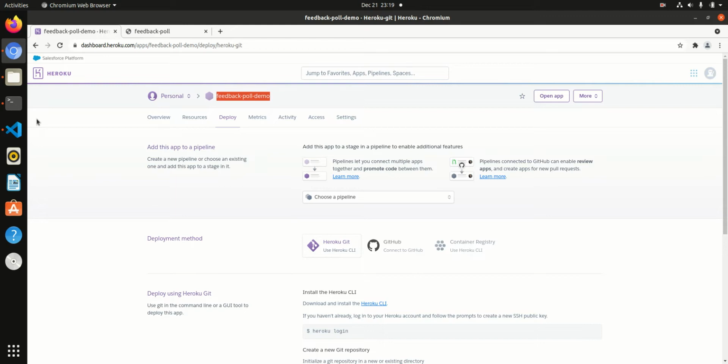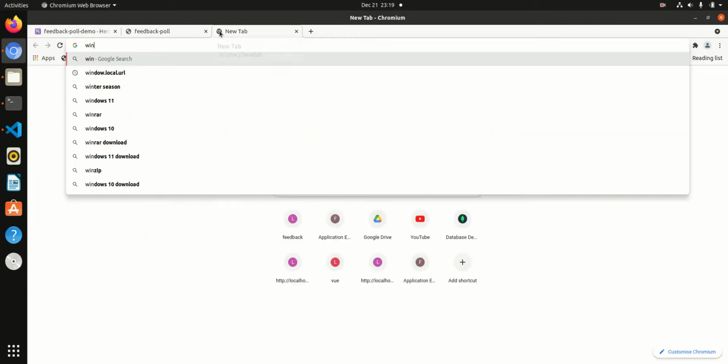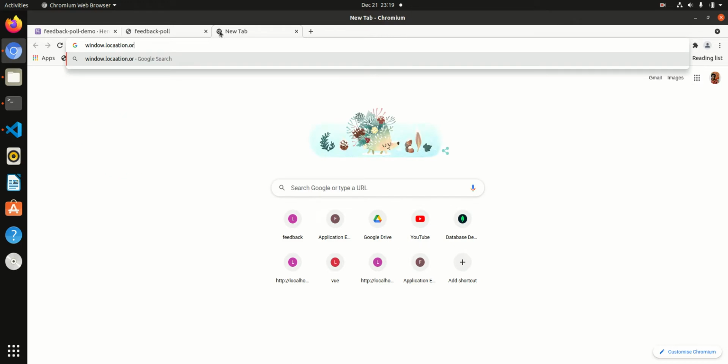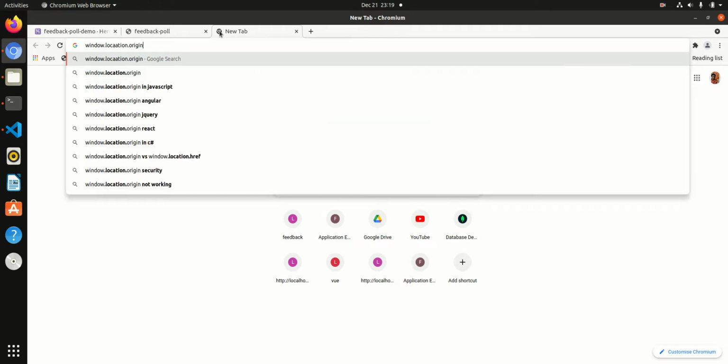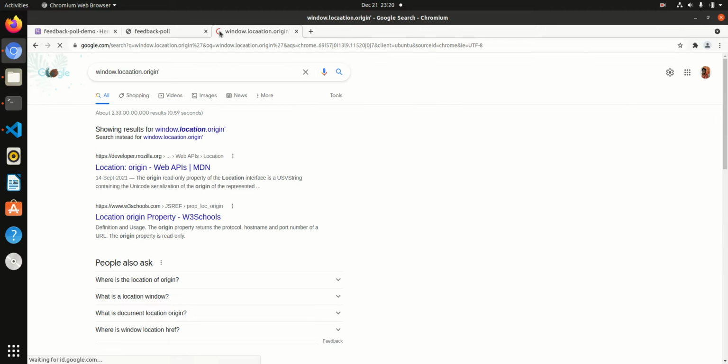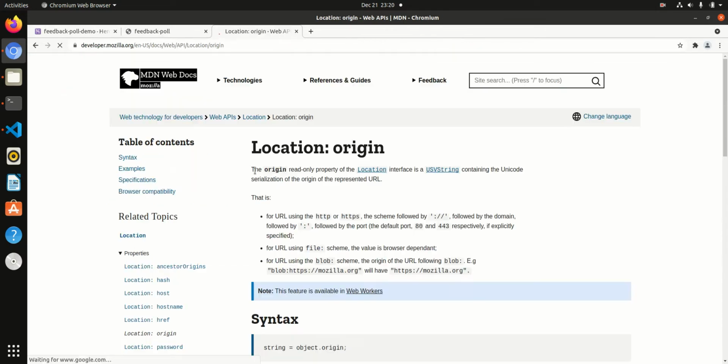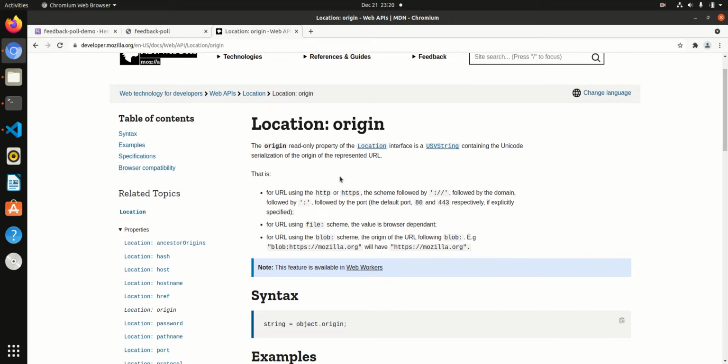Another way to do this is you can type in window.location.origin, as in the Mozilla docs.